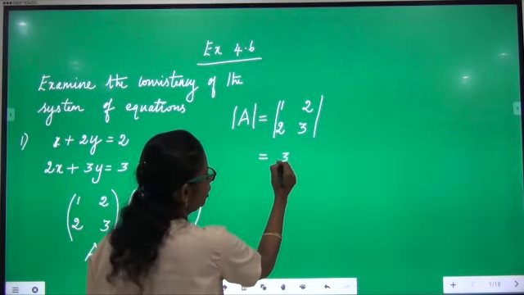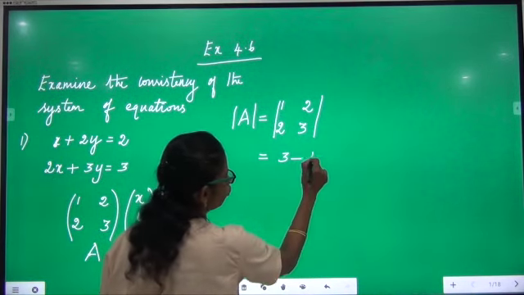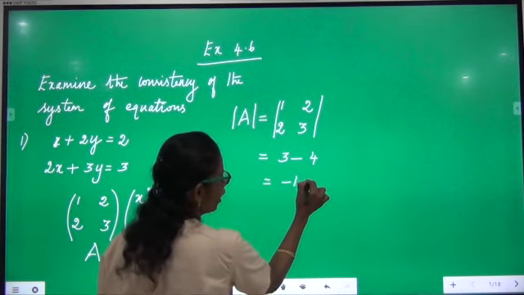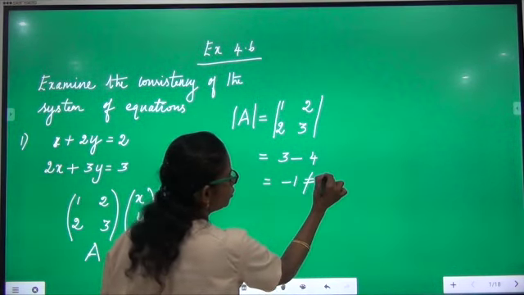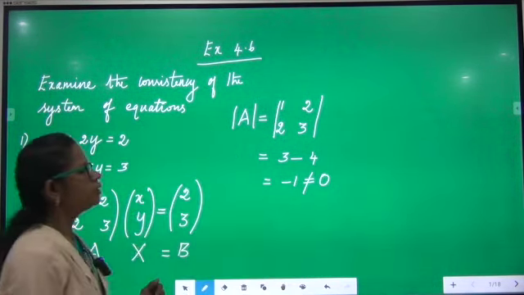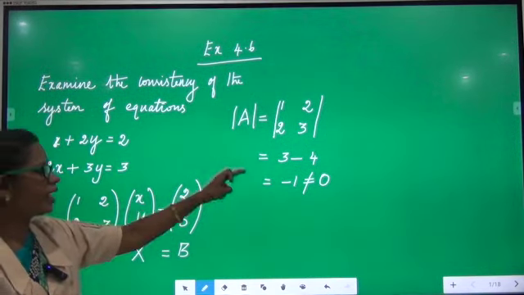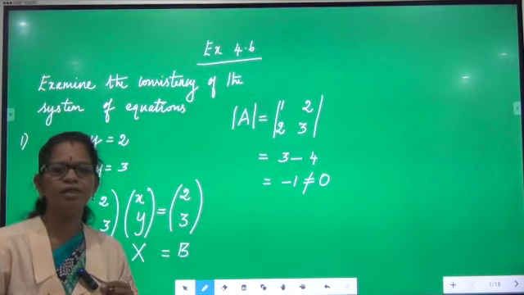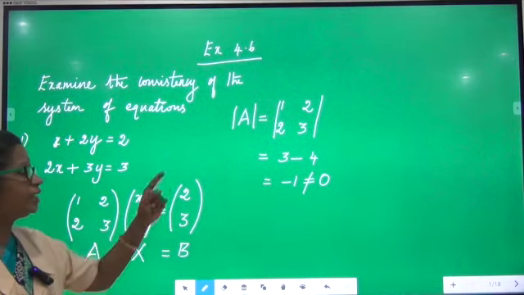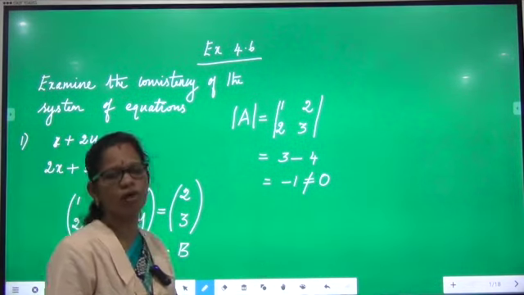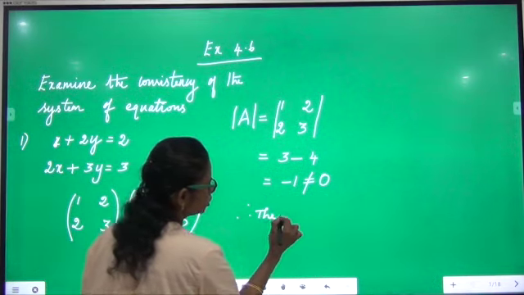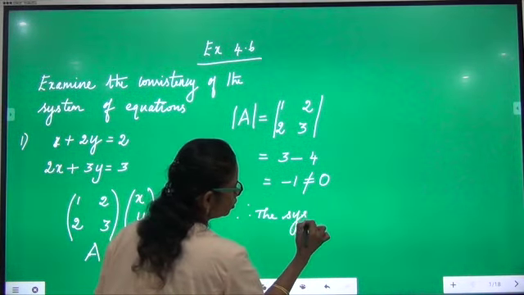So 3 minus 4, which is equal to minus 1, not equal to 0. See, if determinant A is not equal to 0, what I said, the system is consistent. Determinant A not equal to 0. Therefore, the system is